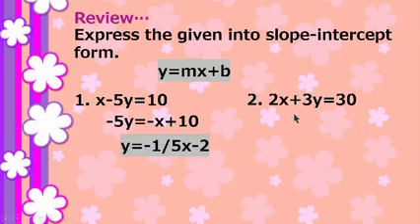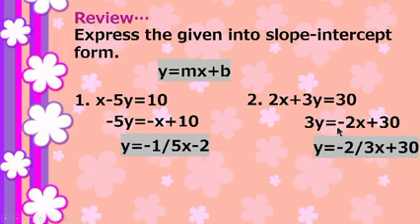Number 2, the given is 2x plus 3y equals 3. Again, itira lang natin sa left side si 3y. Therefore, si 2x, lipat natin sa right side. So, it becomes negative 2x. And then, para matanggal yung kasama ng y, divide natin the whole equation by 3. So, 3y divided by 3 is y na lang equals negative 2 over 3, negative 2 thirds x plus